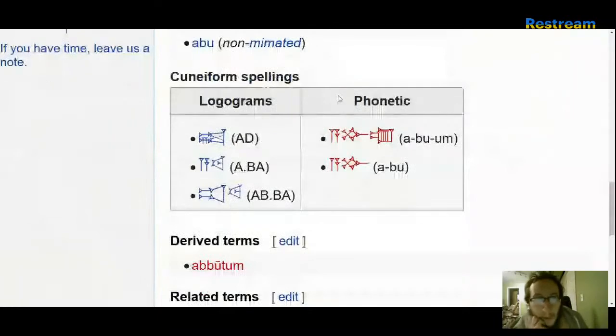So, one second here. So let's take a look at